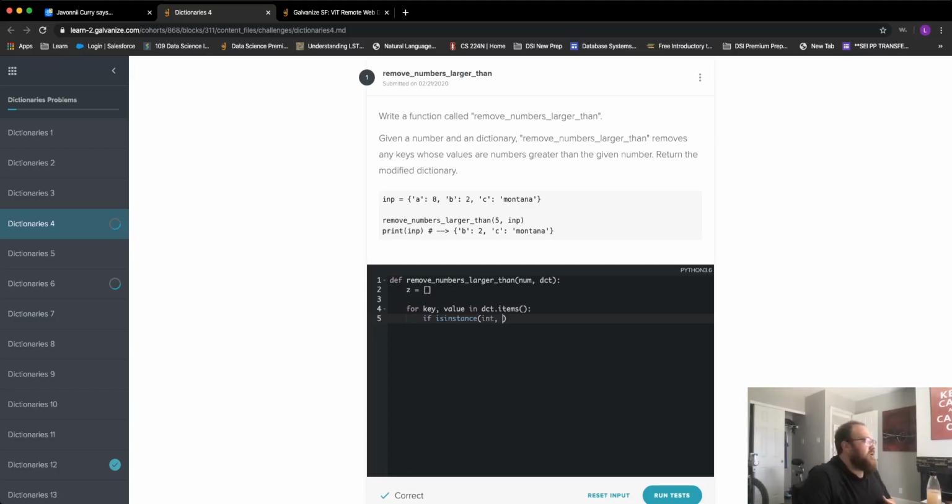That takes two parameters. The first is the value that you want to check. And in this case, that's value. The second is the data type that you want to check it is. We could say if this is true, right? But in Python, that's implicit. So if I just say if isinstance value comma int, it's going to return true if value is an integer